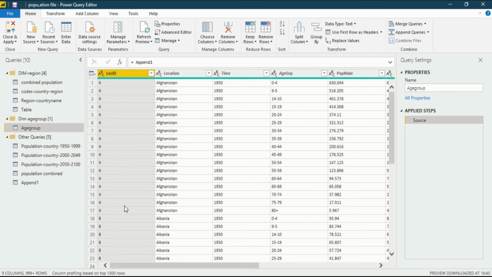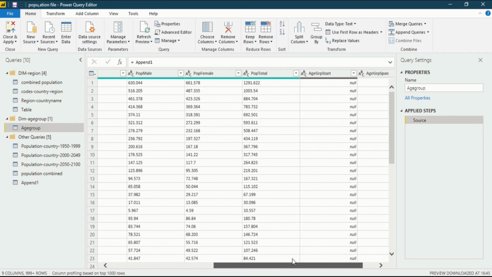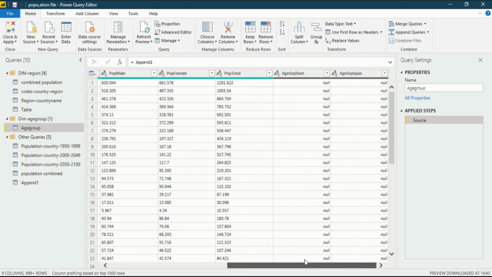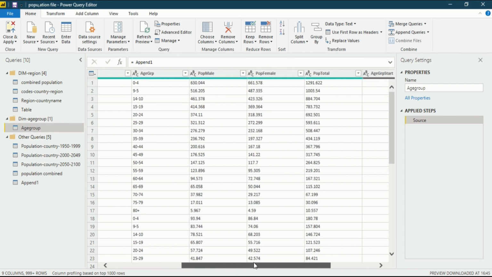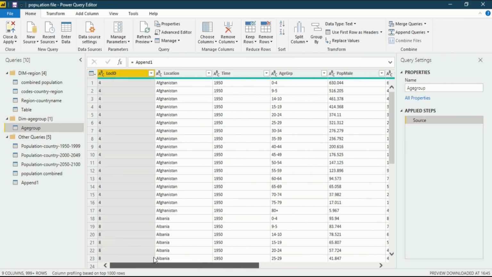Now this is the data that we have. First of all, we have to remove a lot of data because we only want the age group data. If you go through the data, you can see there is one column that is the age group. So we have to select that column. After that you go into the home ribbon and into the remove columns section.